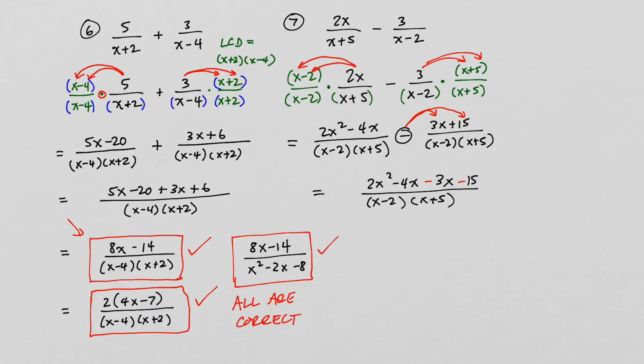Now we can go ahead and simplify. Denominator is the same. In the numerator, we're going to combine like terms. So negative 4x and negative 3x make negative 7x. And then finally, we need to try to simplify. So, it could be that this is the answer. The question is, does it simplify? Well, to simplify it, we have to factor